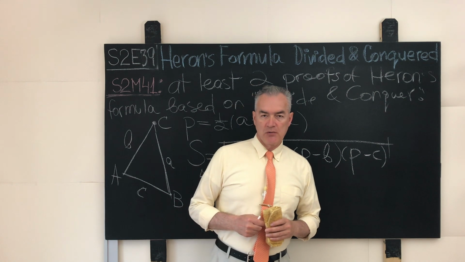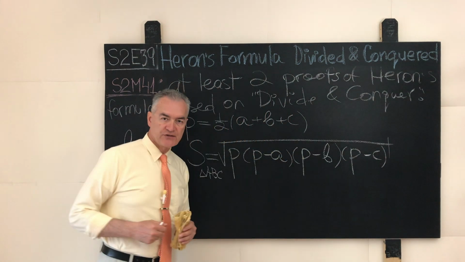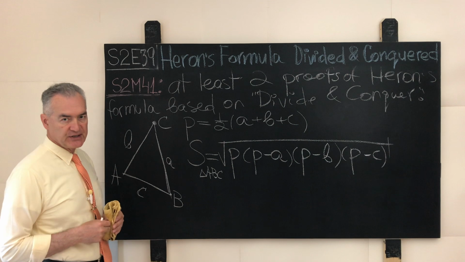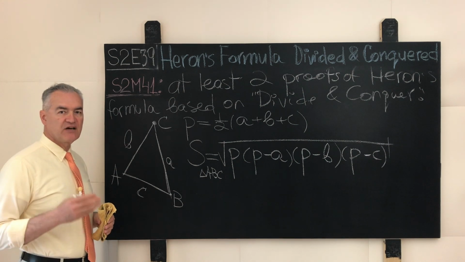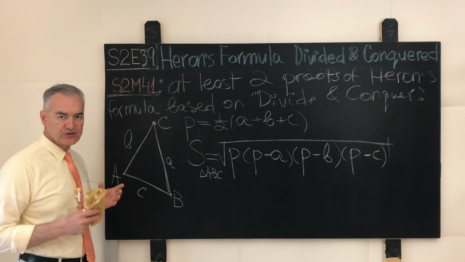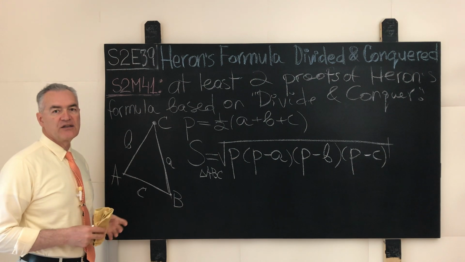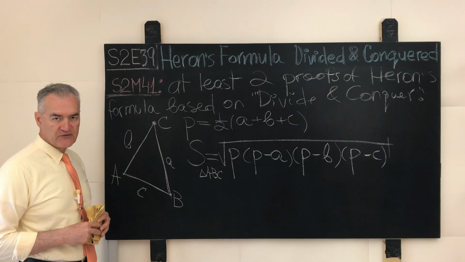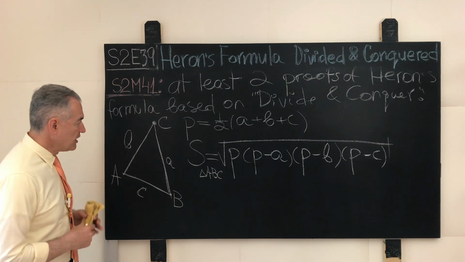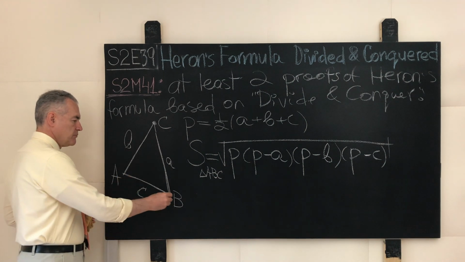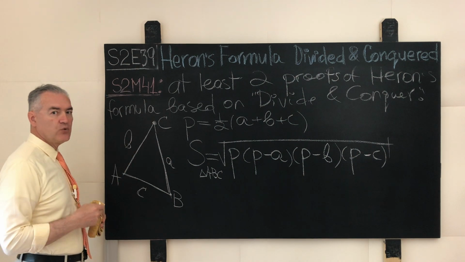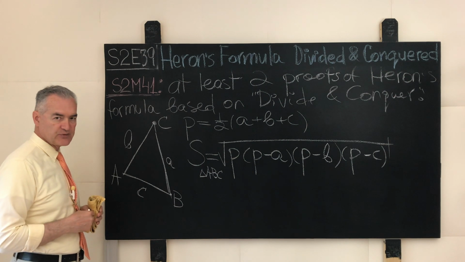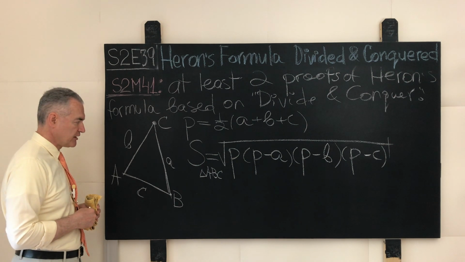In the mathematical problem S2E39, we were asked to generate at least two distinct proofs of Heron's formula based on the divide and conquer problem-solving approach, because that is the problem-solving approach that we're studying right now in a dedicated fashion. As a reminder, if ABC is a given Euclidean triangle, and if we name the lengths of the corresponding sides of the triangle as follows: